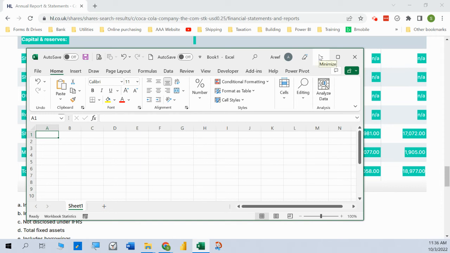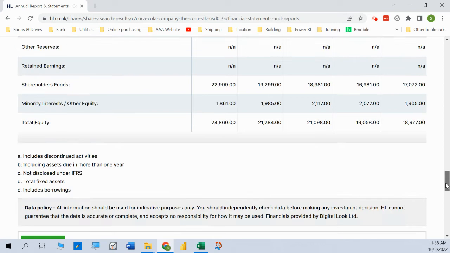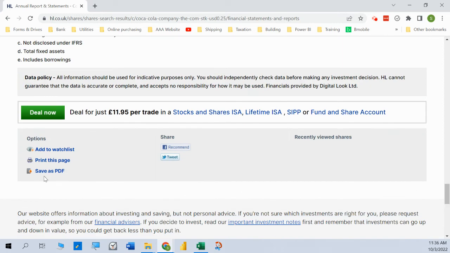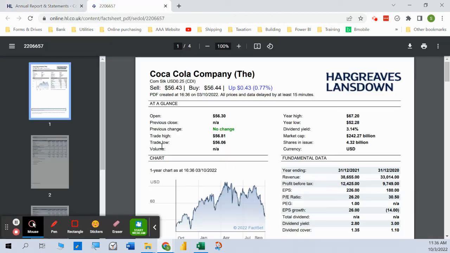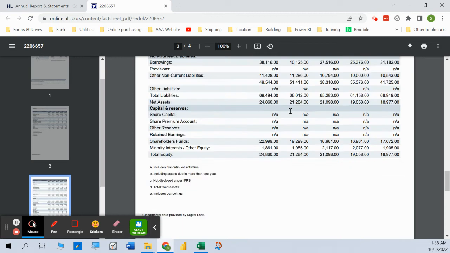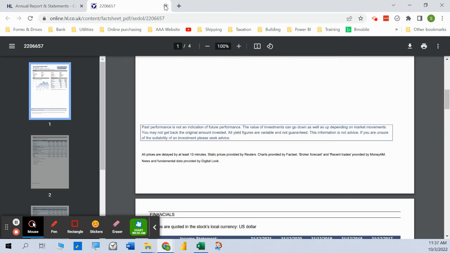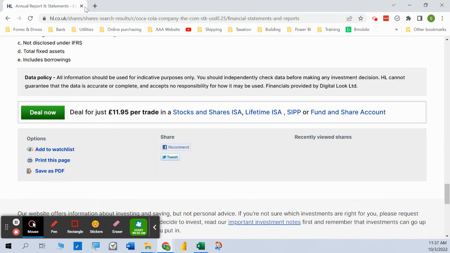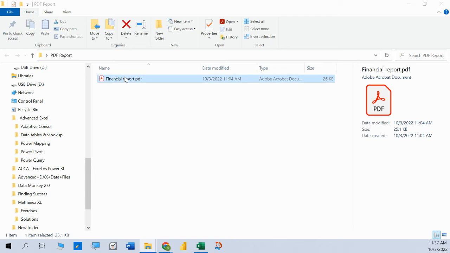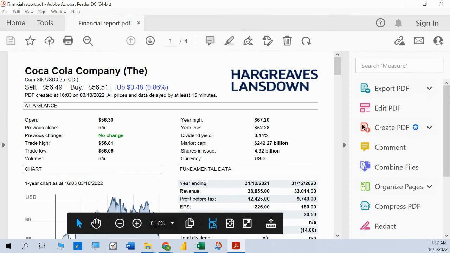If you have data which is in a pre-existing PDF file and it was in tabular form, then this would work well for you. So when we have data like this, some of the websites allow you to export the data as a PDF. So what I would have done here is click Save as PDF, and this is the report, and I would have saved the report already in a folder. So if we go into the folder that we have for that report, the file is here. Right, this is the same report,